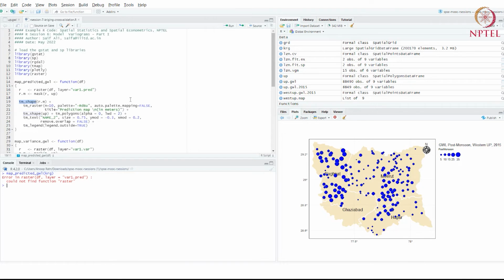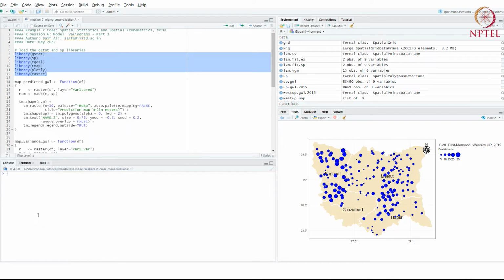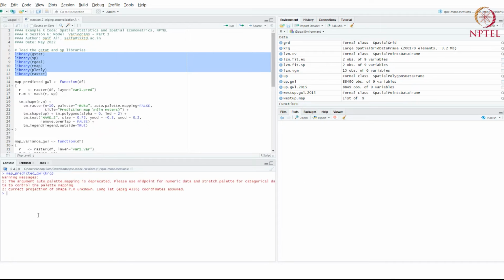Yeah, so this is the reason. We have to load our libraries. We never loaded our libraries, right? So it couldn't find the function. The raster function is available inside the raster library, so we needed that. Now that we've done that, let's try again.